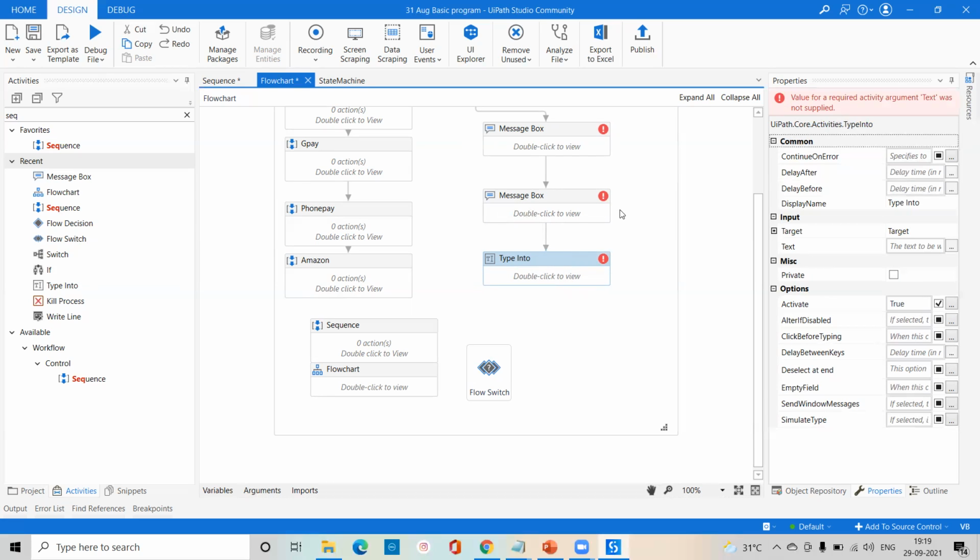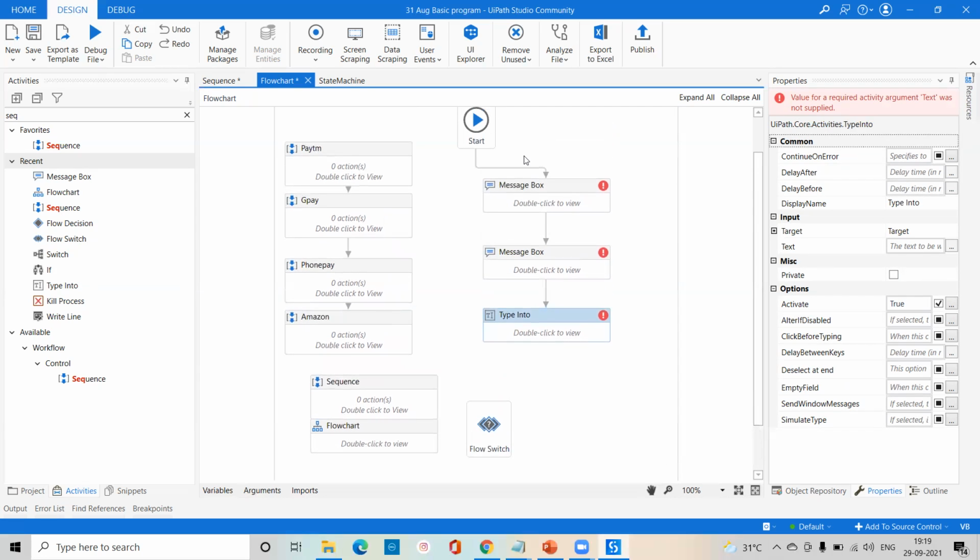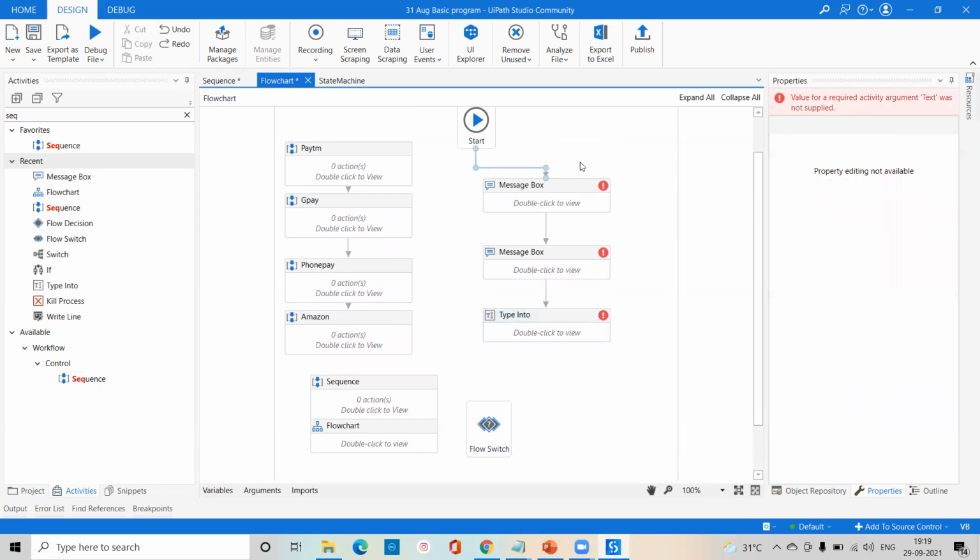Okay, the same thing in sequence also, the same thing is called in your flowchart also. Right now try to understand one thing here. If you click here, property editing not available, nothing we are getting here. Okay,